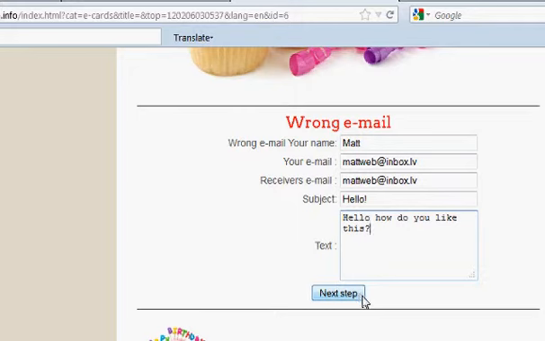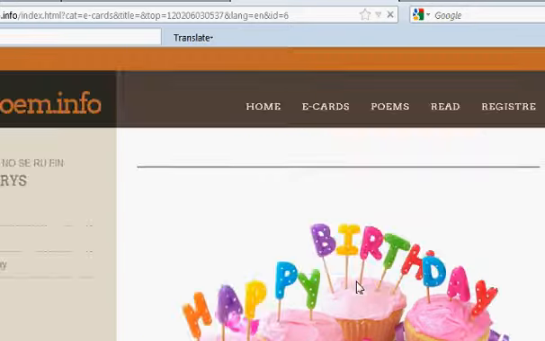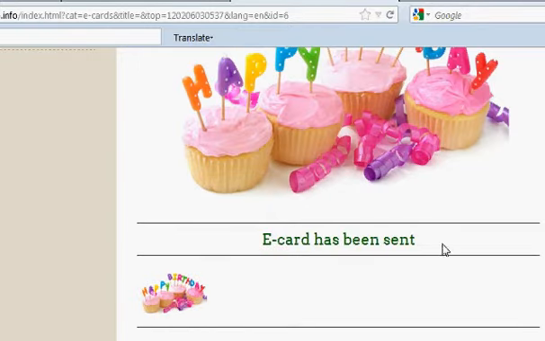The next step which I wanted to make, but I will change it, was where you can edit and change things, but I will make it later so you can change the colors and size and maybe add a melody. And for receivers' emails, I think we will later make a text area. You can write up to 10 emails or 5 emails, so you can send to many people in this case. So let's go to the next step, and e-card has been sent, and we will make a link on the bottom so the sender can check the link.